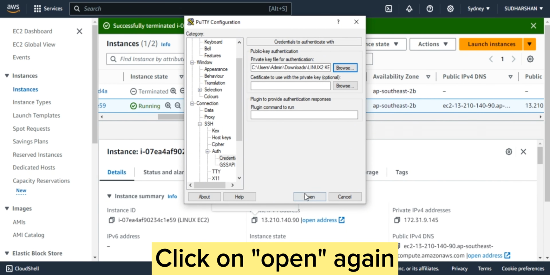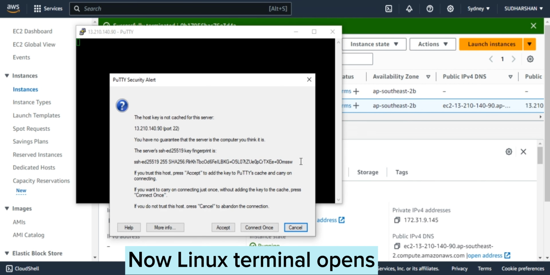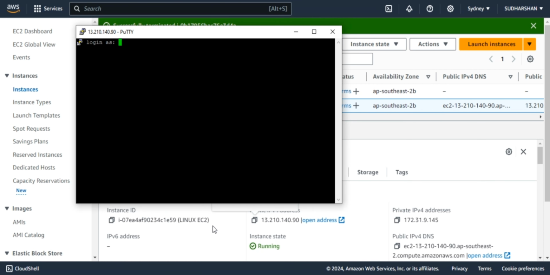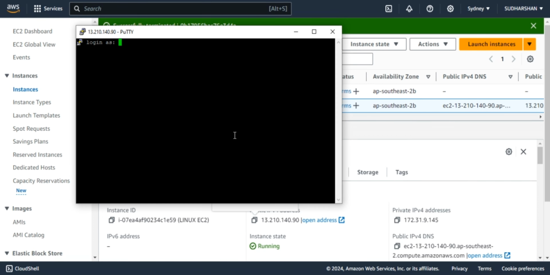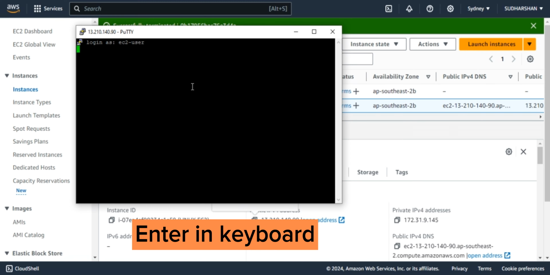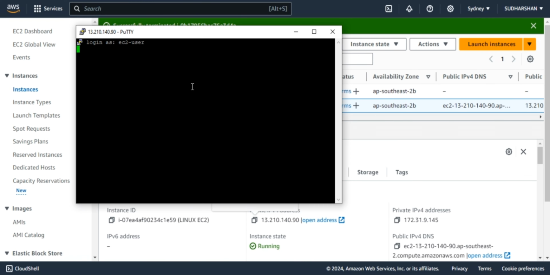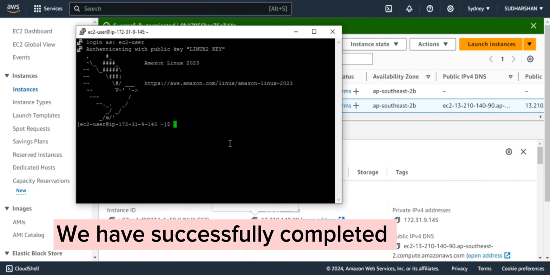Click on Open again. Now Linux terminal opens. Click on Accept. Enter ec2-user. Enter on keyboard. Wait for some time. We have successfully completed